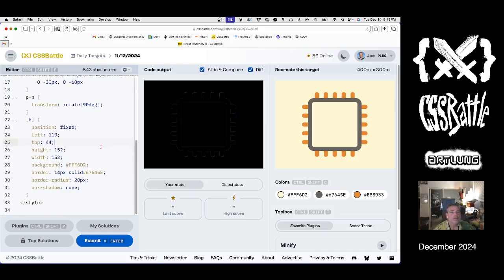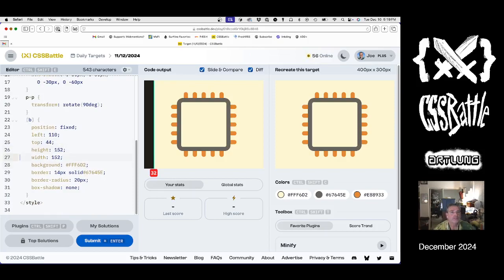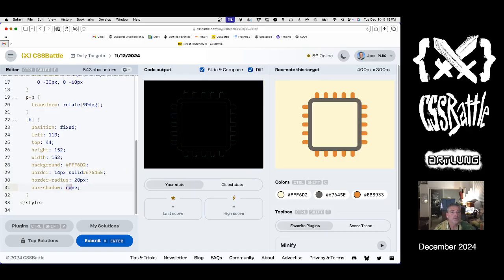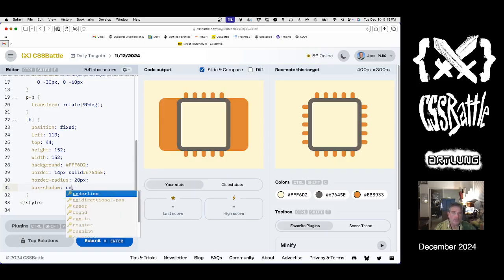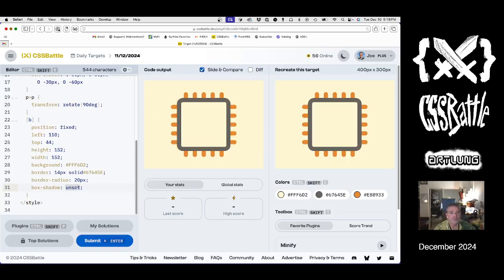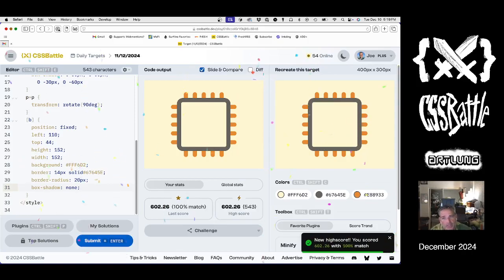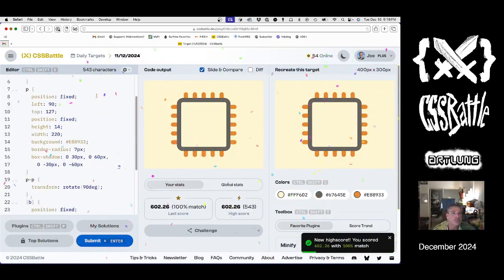Okay. Height, width, background, border radius, box shadow, none. We could also do unset. Now, can we do something like 0 and invalid? No, it's not going to accept that overriding style. So, box shadow none works perfectly. And we haven't submitted. Speaking of working perfectly, I don't think we know that I've solved the problem, but now we do. So then